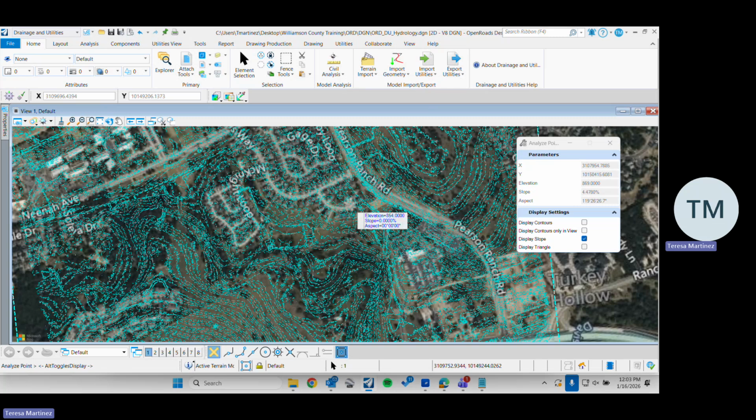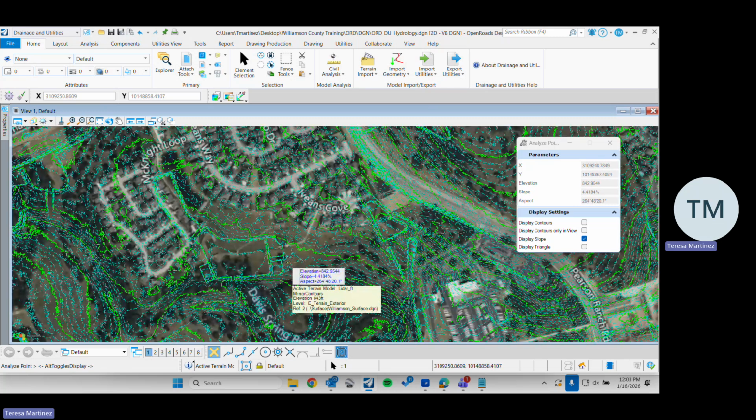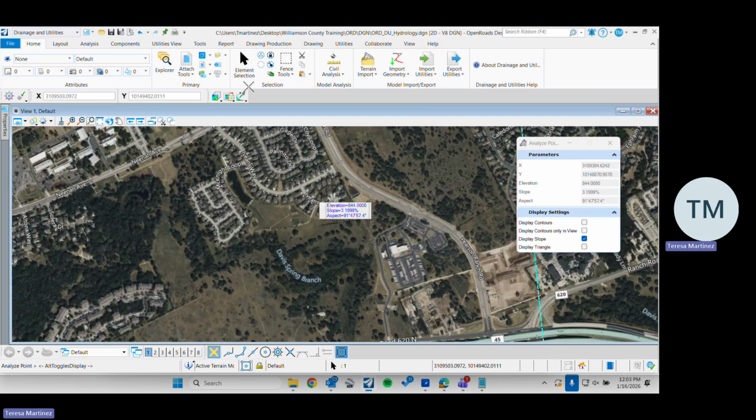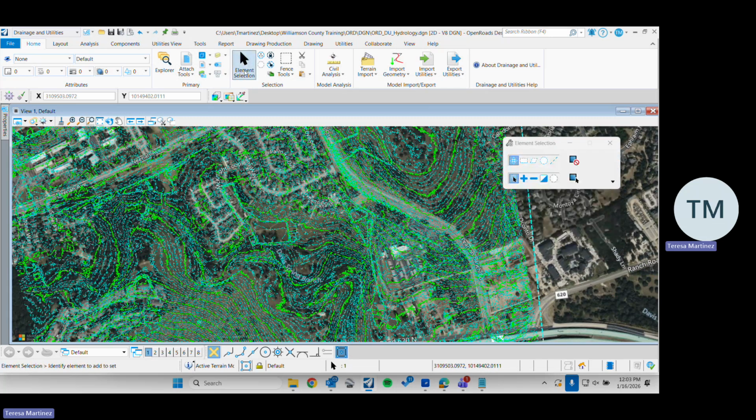It's kind of like to help you delineate better because you said you are doing delineations in ORD. So I feel like sometimes maybe you can't really tell what's going on, or there's not as many contours, it's not as dense. Sometimes you can hover over, use this, or you can also